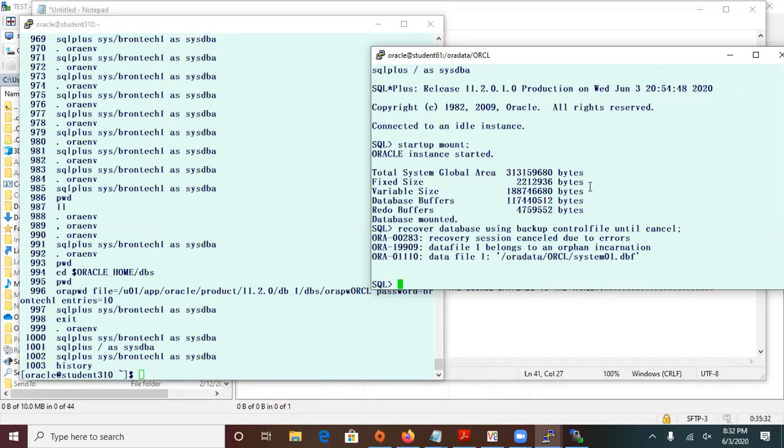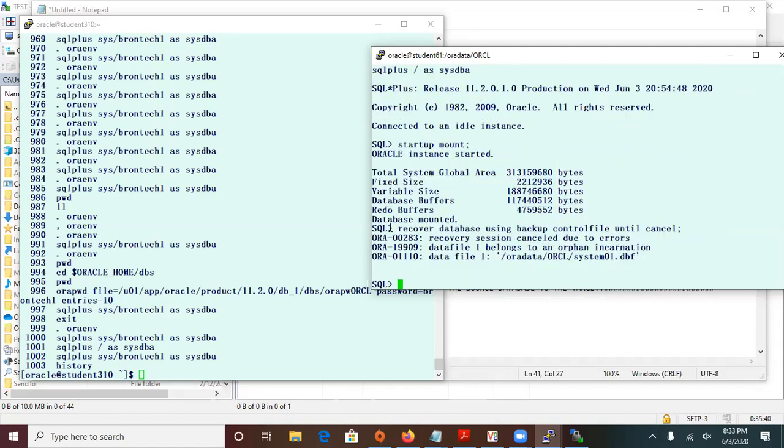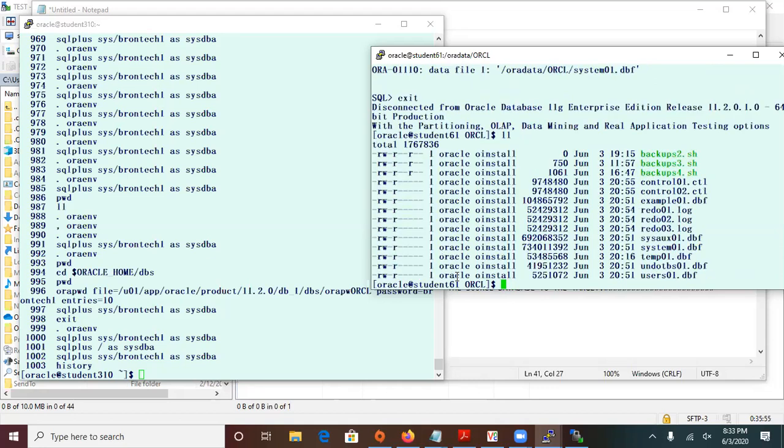So the problem is really coming from the user managed hot backup. That's where the problem is really coming from. So in that case, we want to